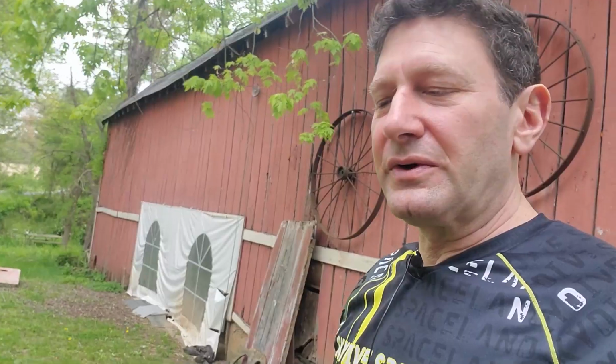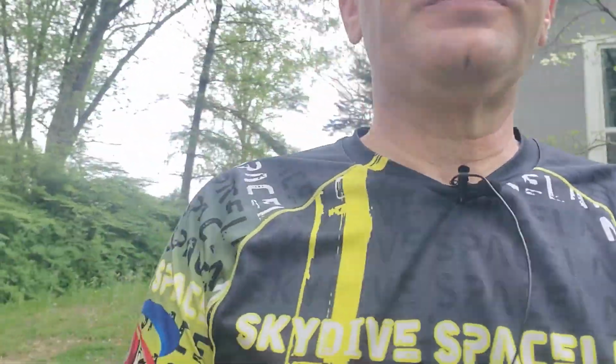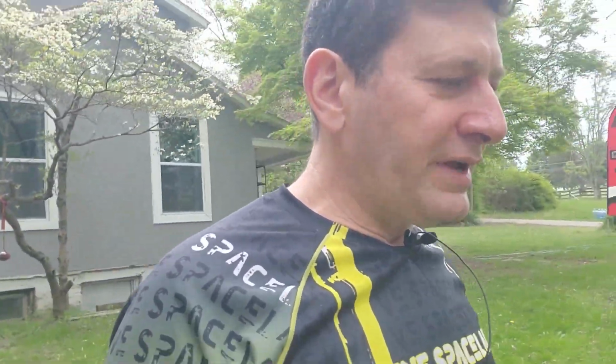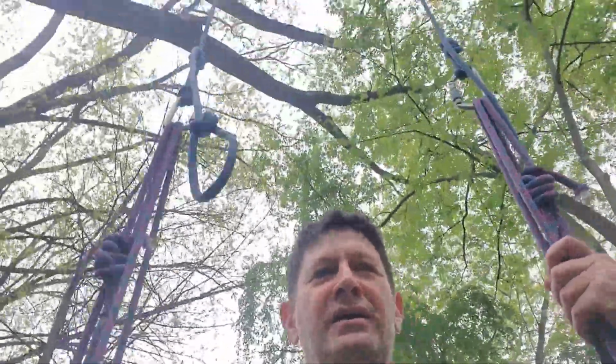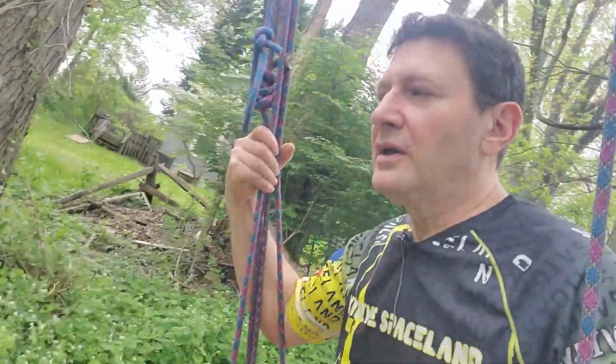And I thought it would be very nice for you guys to see what's here and maybe motivate some of you to want to come and learn rigging, learn sewing, build your own miniature BASE canopy. I think you'll like that. Because the little BASE canopies actually work very well as a kite as well. And I've got the swing, goes way up in the tree. And I put the paraglider harness on here as well. A lot of fun. And we can work on PLF training and all sorts of, you know, you can work on your skills of doing blind man,